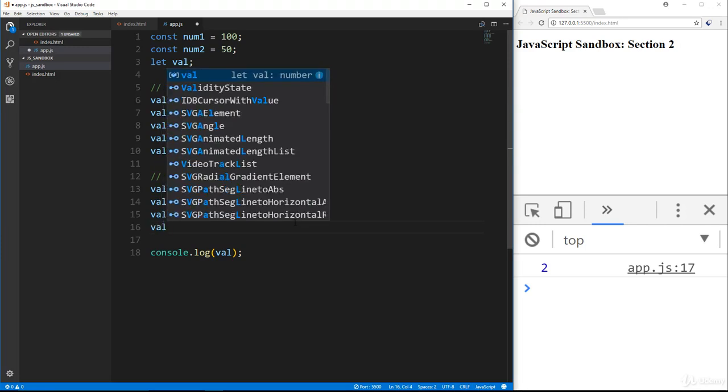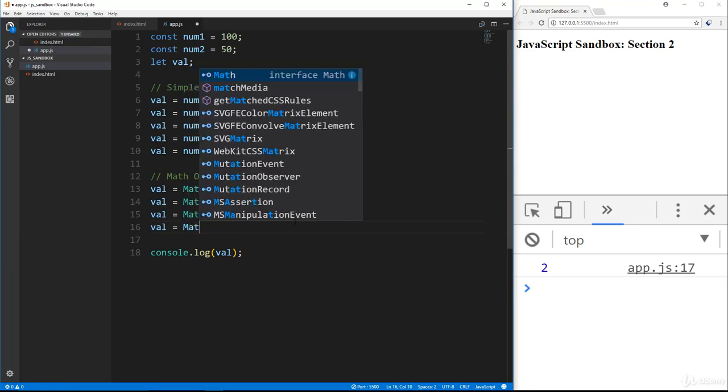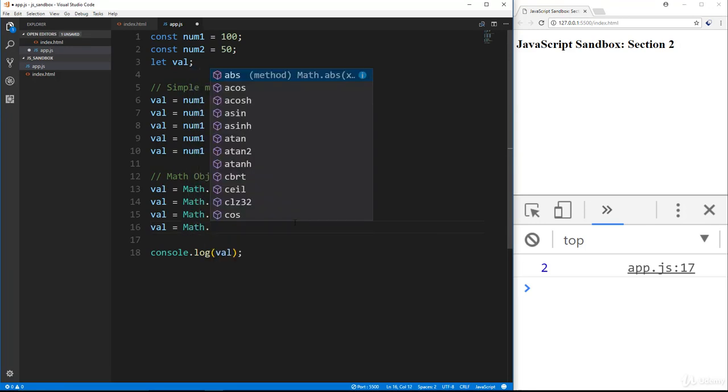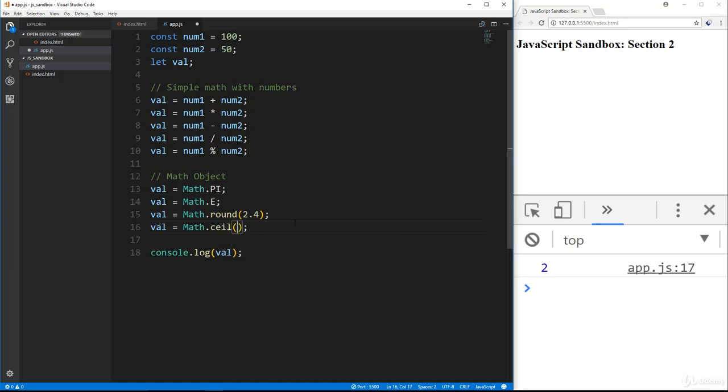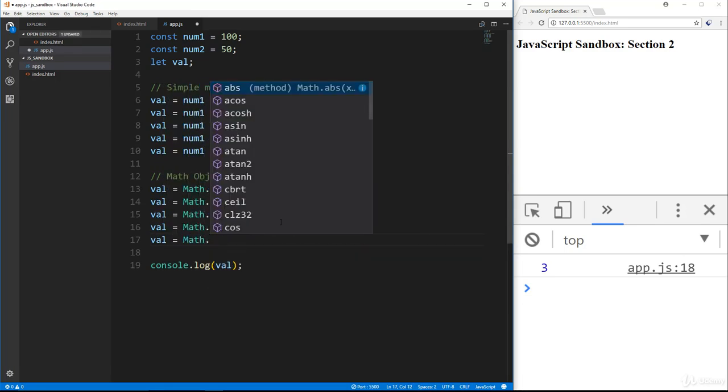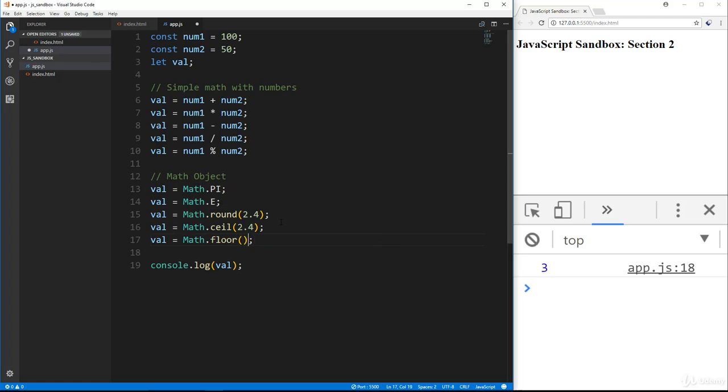So for that, we have ceil and floor. So for instance, if we want to round up, we'll do ceil. And even if we put 2.4 in here and save, we're going to get 3. And then at the same time, we have math.floor, where if we put 2.8 and save, we're going